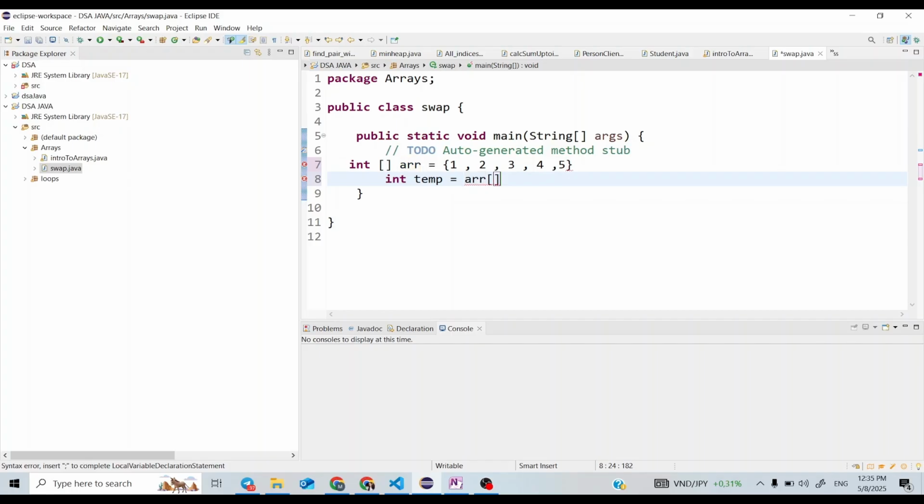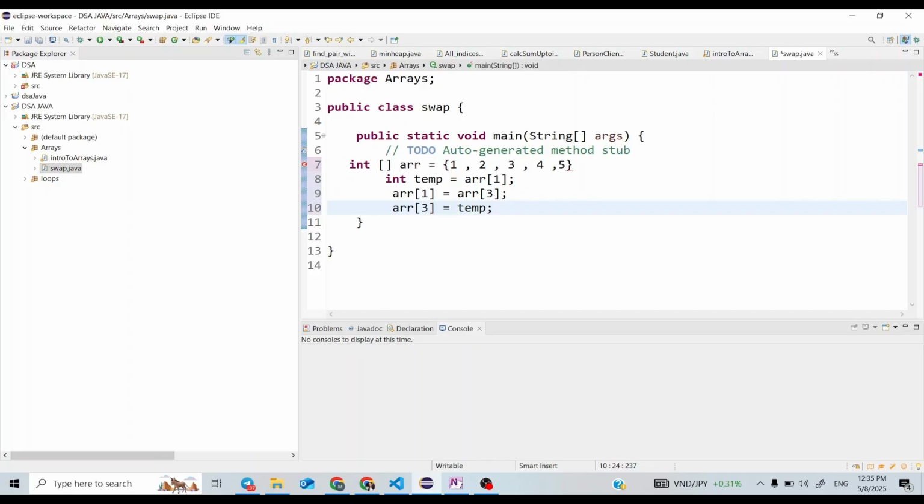So first of all I will put my array of 1 in some temporary variable, and now I can put array of 3 at array of 1. And now at array of 3, what will come? That temporary variable.